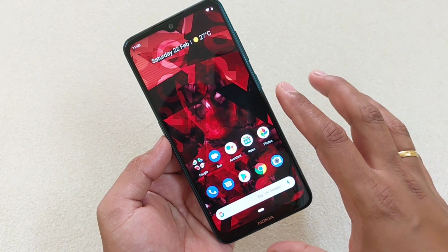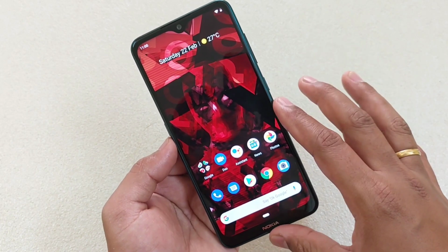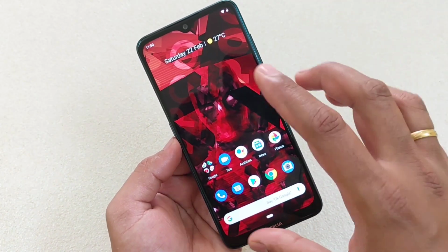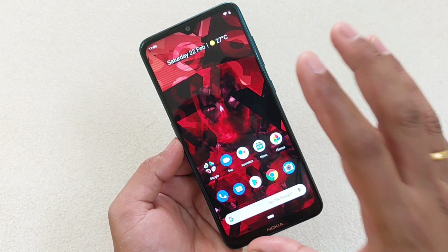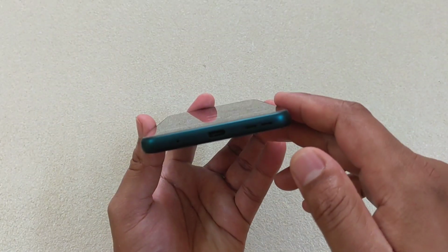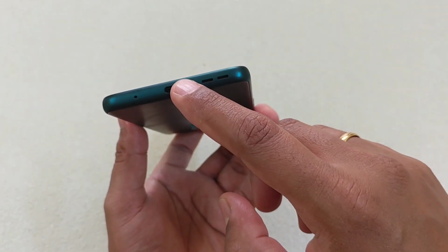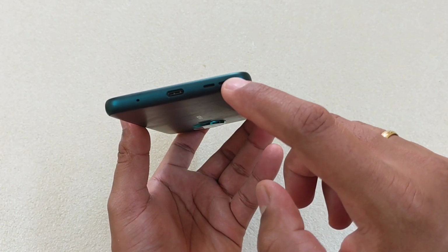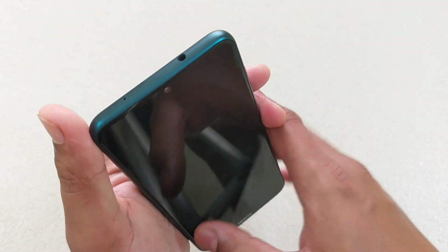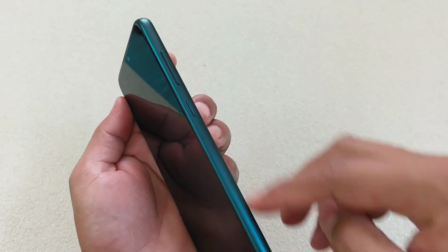So this is the end of this video, guys. So let me give you a quick recap of this device and the specs. Now you can see that this one is having this 6.3-inch Full HD Plus display with Pure Display technology, and the build quality is amazing. At the bottom you have this USB Type-C port, speaker grill. This is the primary mic. On the top you have this headphone jack. This is the secondary mic, and on the right you have this